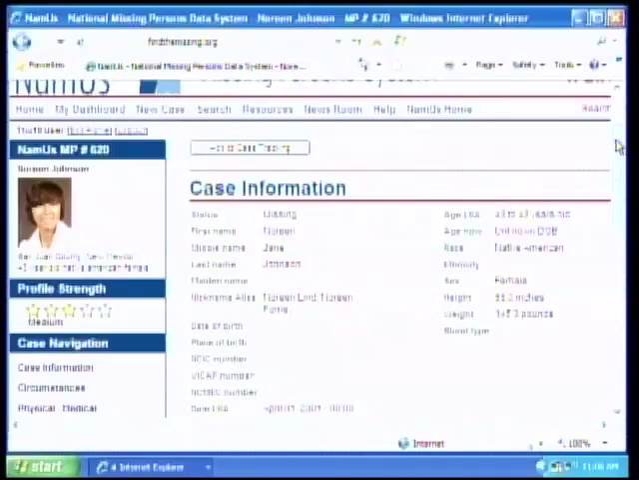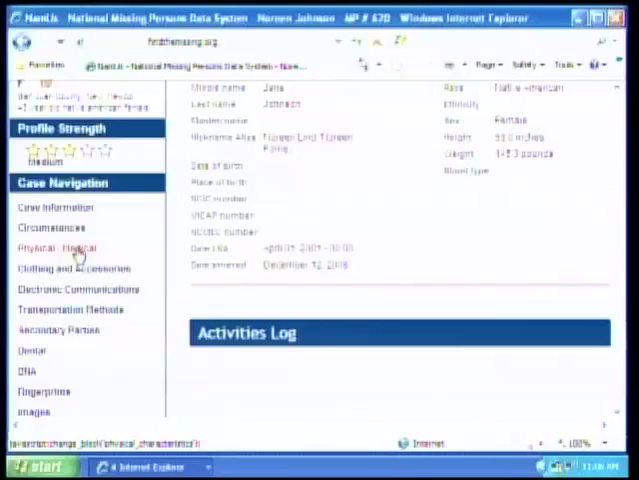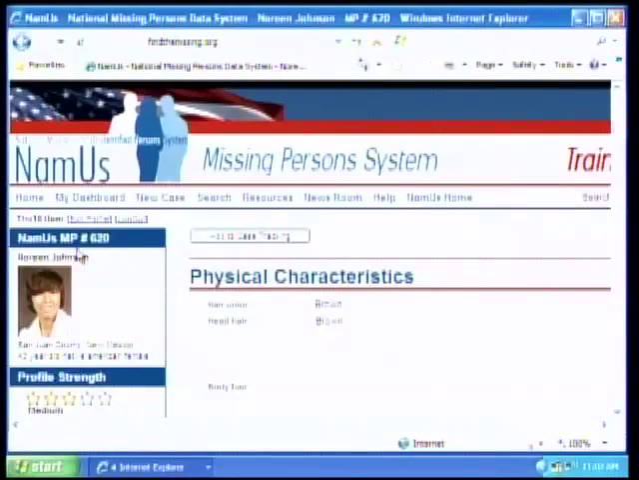Recall that we don't have fingerprints for our Jane Doe, but we do have DNA results. We have the tattoo description, and we have dental information. So if Noreen were to have these descriptors in her file, we would have something to compare to our decedent. So let's go under physical medical, where if you recall from the earlier tutorial, that's where the tattoo descriptions are